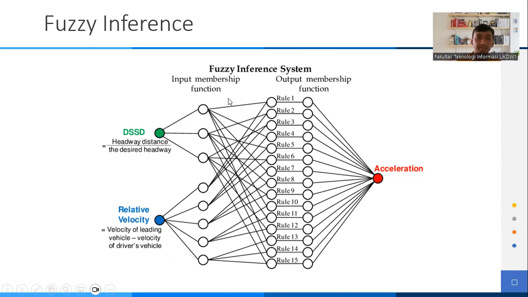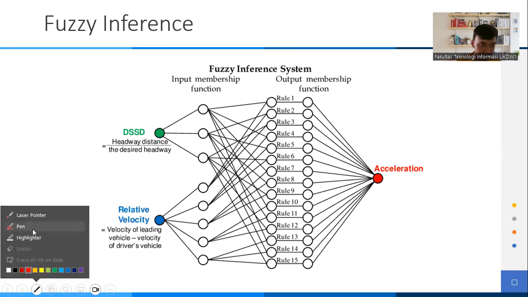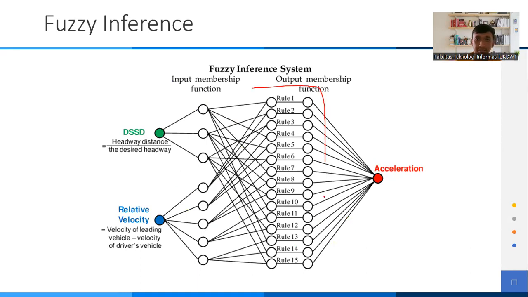After that, we should create the rules for the relationship between the SSD and relative velocity. We can create rule number 1 until rule number 15. After we create the rules, we can calculate with the classification to get the result in acceleration.